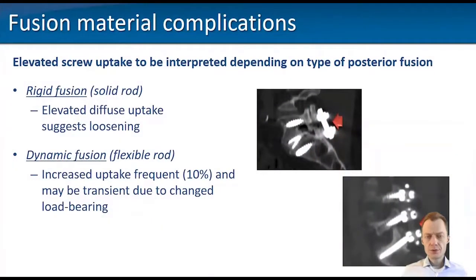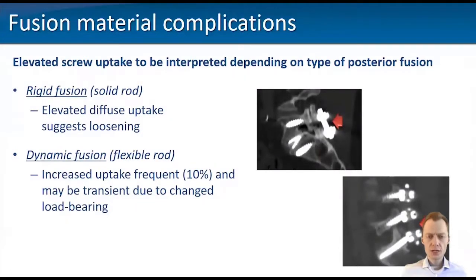Of course, it is important to know what kind of procedure has been performed, because one of the most common pitfalls, for example, is interpreting the elevated uptake around screw materials in posterior fusion. Why? Because 2 types of fusions can be performed. One of them is the rigid fusion, so solid rods are used, and this can be recognized on the CT component by seeing high dense material connecting the different screws. Of course, any elevated or diffuse uptake along the screws in such a construct would be suspicious for loosening, as